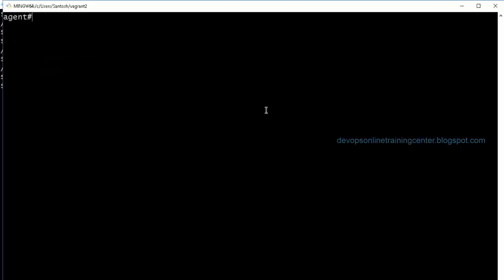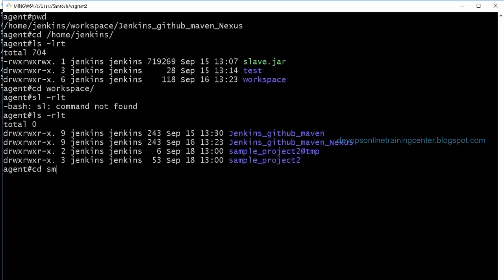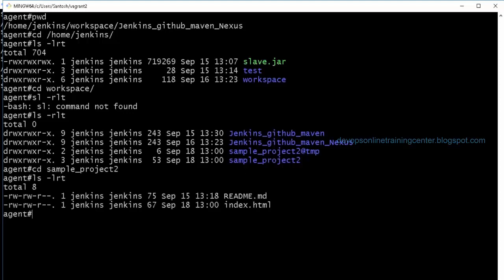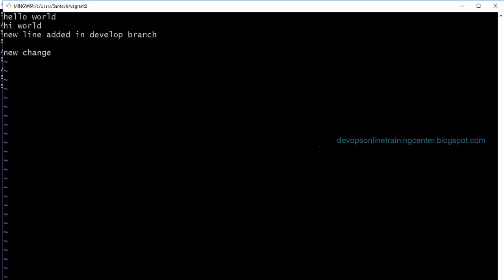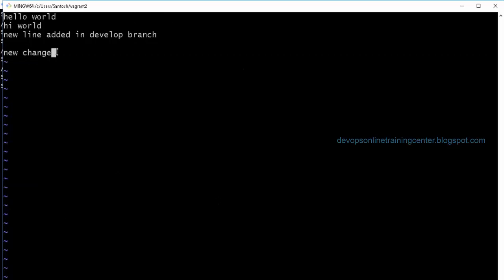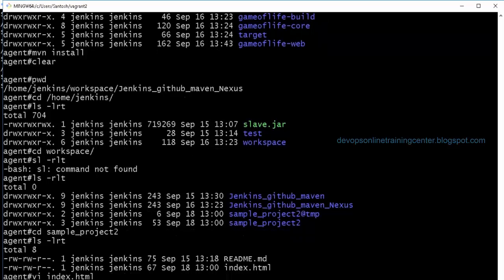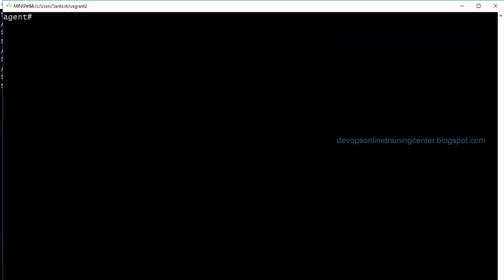Yes, so it will download to home, Jenkins, workspace, sample project 2. Now if I open index.html, there is a new change, right? This is what we added. So the change which the developer has done is now in the Jenkins workspace on the slave. Now Maven will convert this to binary, and that binary will be copied to the test nodes. So this is the flow, right?